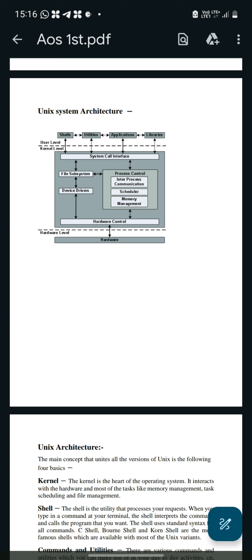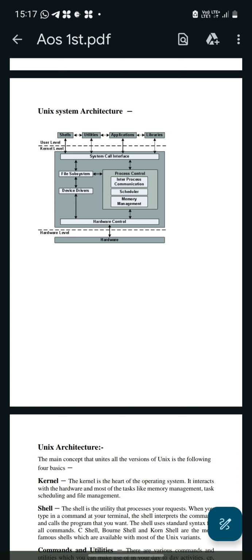Then the grep command is used for searching a string in a group of files. Next point, applications. In Unix, applications such as graphics programs and DBMS programs can be used. These applications are provided for user information. For example, Unix can be used with a web browser, which is used for finding information.